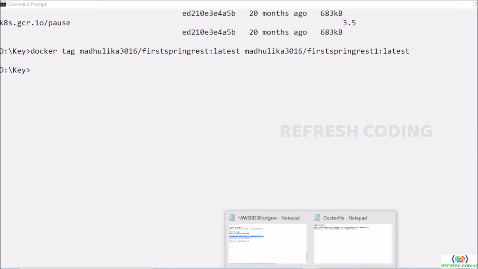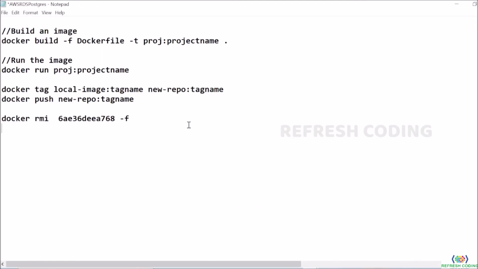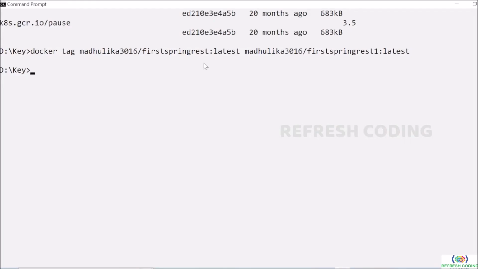So for pushing the image, what is the command? Be careful with the command. In Docker push, you will actually use the repo name and tag name, not the image name. Okay. Why? Because your image is already tagged with your repo. We have already done that. So I will just take my repo here. Again, once again, username is compulsory here.